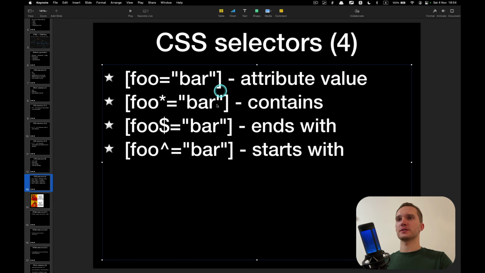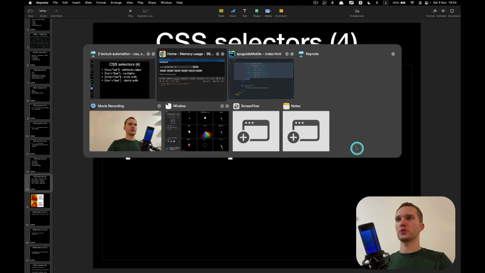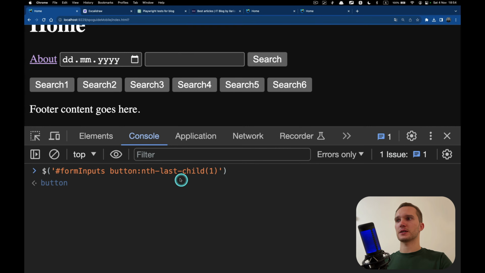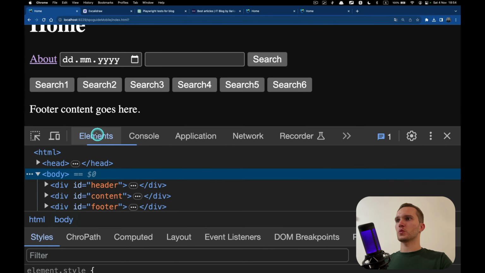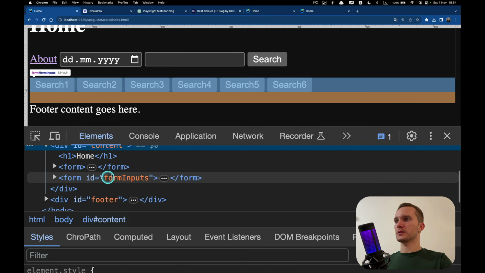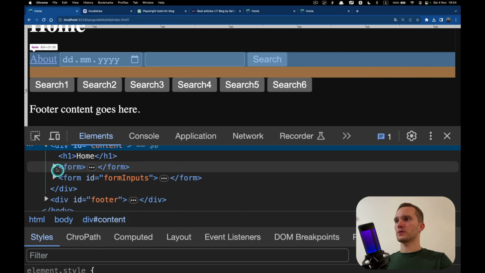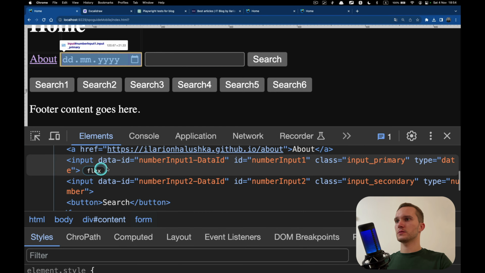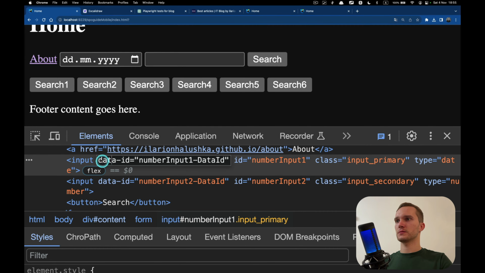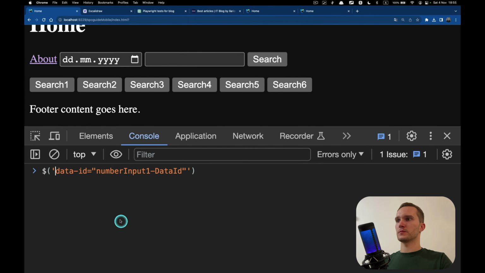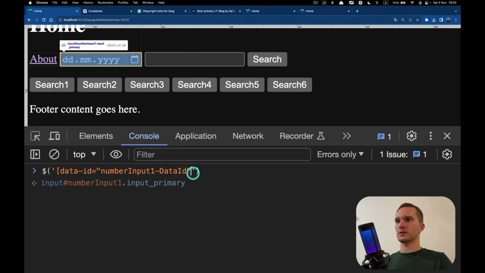Now we already played with selecting elements by attributes, but here are a few more complex selectors. If you remember, we had some attribute. What was that? Content, form ID. What was that? Data ID. Let's copy this data ID. Boom, data ID, like this.